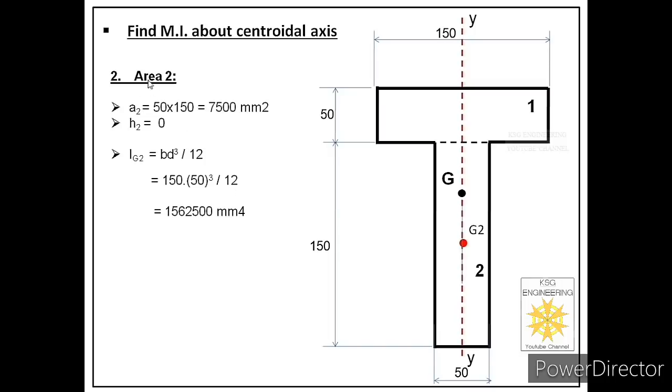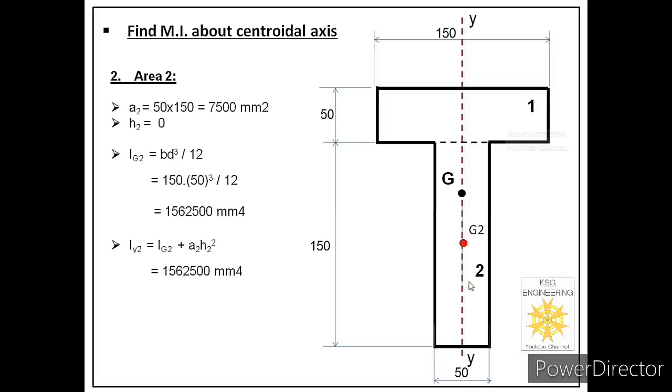Now we have these three values and now we want to find the moment of inertia of area 2 about the main axis, that is Iy2. So we can find that by using the parallel axis theorem. When you apply the parallel axis theorem, you will find that h2 is already 0. So from here we concluded that the moment of inertia of area 2 about its own centroidal axis is actually the moment of inertia of area 2 about the main axis, because both are lying at the same place. So Iy2 will also be the same as the moment of inertia about the centroidal axis.